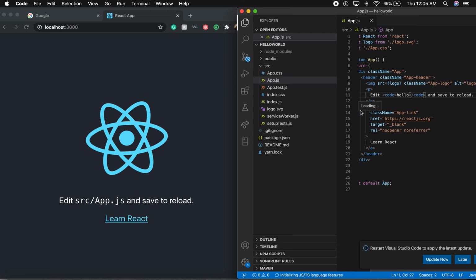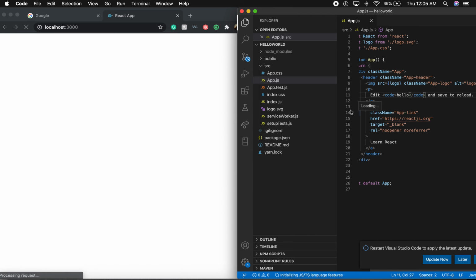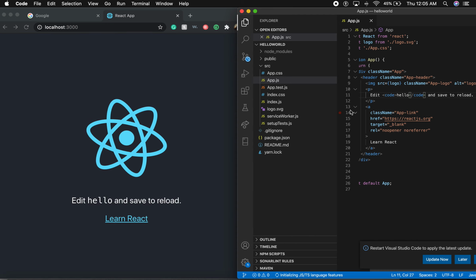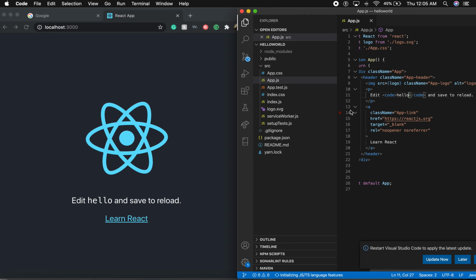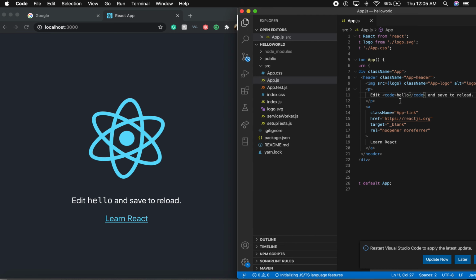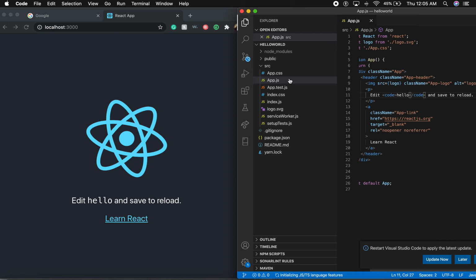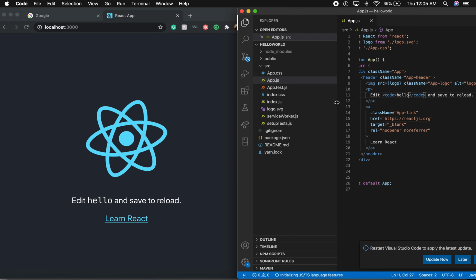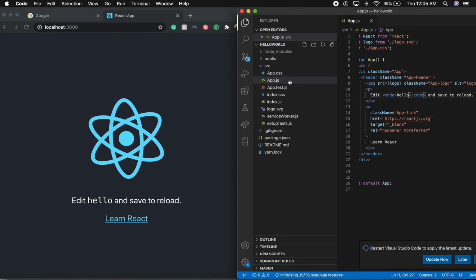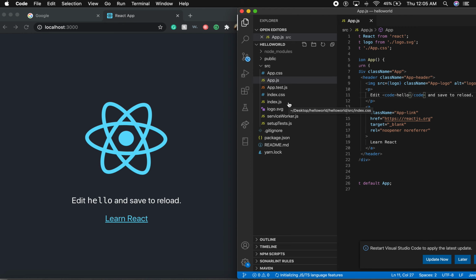My system is lagging a little bit right now, but it usually updates pretty fast. There's so many things going on on this machine. I don't know what's going on. Anyways, I'm not going to edit app.js. I'm going to edit